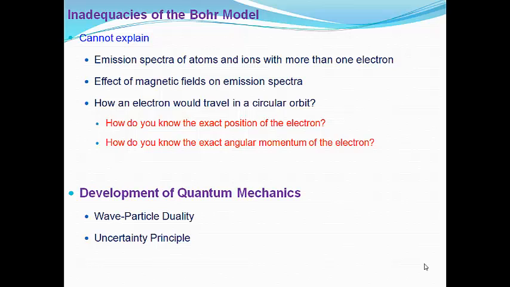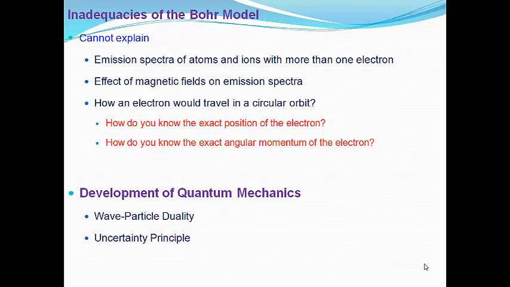That essentially incorporates a degree of uncertainty in defining exactly where the electron is, and as a result, the Bohr atomic model fails to explain the kinds of emission spectra that atoms and ions with more than one electron have, and also the effect of magnetic fields on these emission spectra, and therefore doesn't clearly